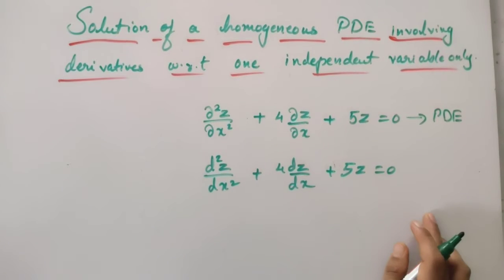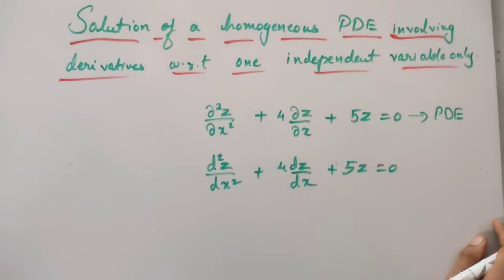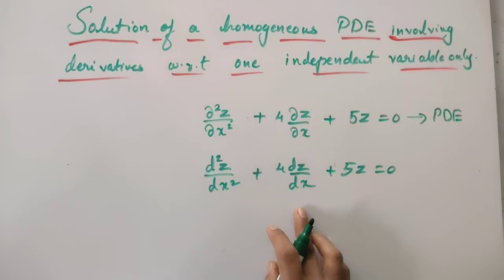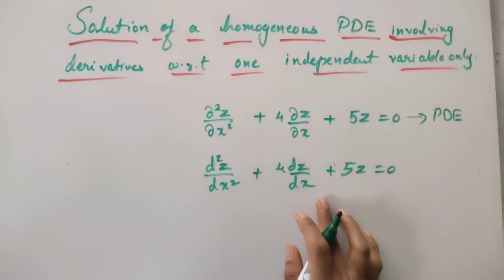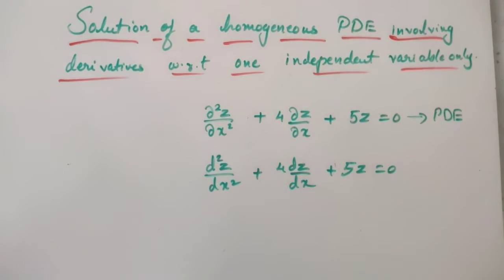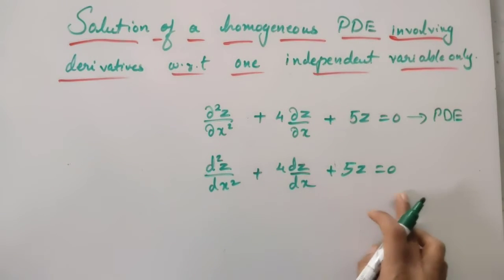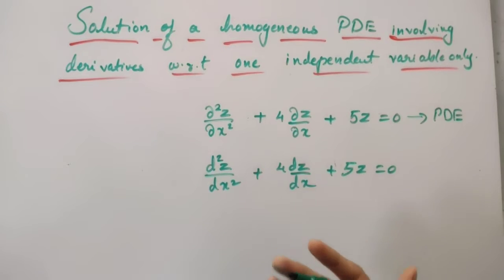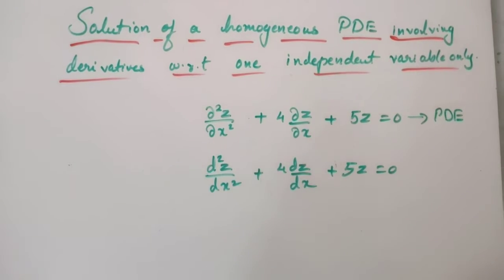Now, this type of equation you have already solved in your previous module, second module, is it not? This is nothing but a homogeneous ordinary differential equation, and you know very well how to solve this. Hereafter the solution is the same as what we have done before. Only up till here you just have to verify whether the partial derivatives of z are only with respect to one variable or not. After that you can treat that equation as an ordinary differential equation, and that you know very well how to solve.